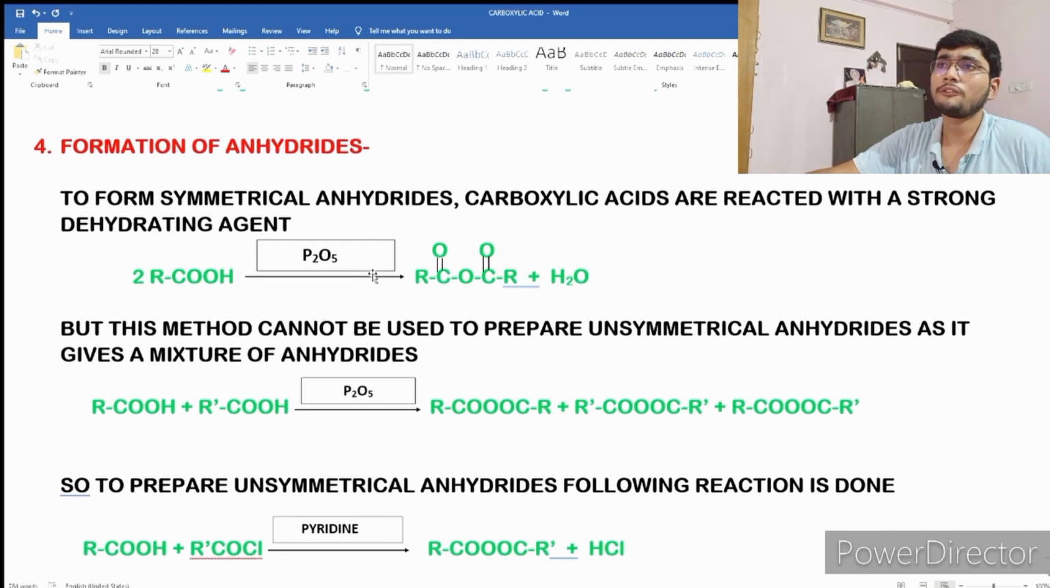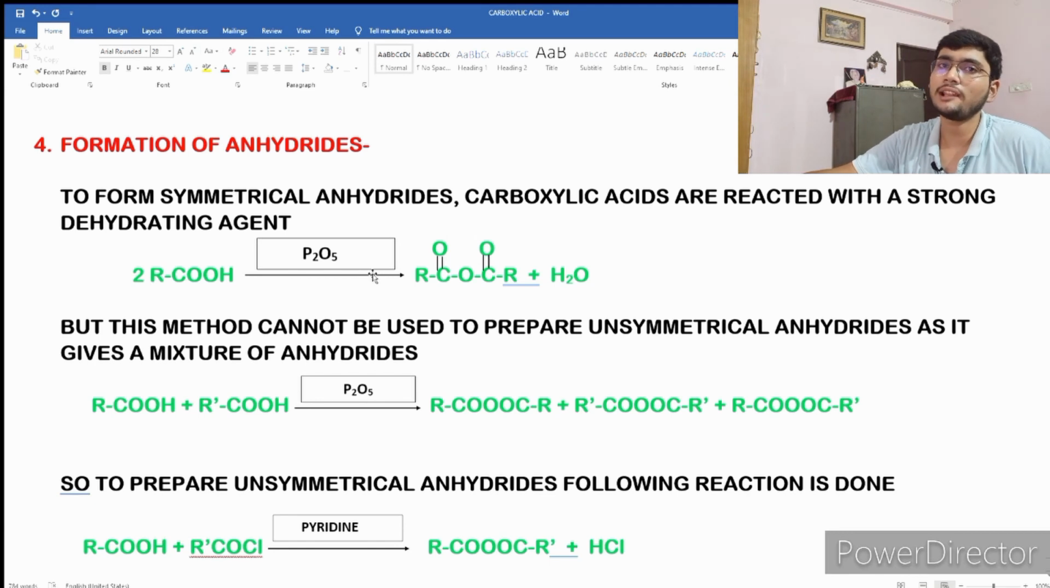Now coming to the fourth functional derivative, that is anhydride. Anhydrides can be prepared by different methods. You see, if we want to prepare symmetrical anhydrides, we can simply react the carboxylic acid with a strong dehydrating agent. For example, we can react it with phosphorus pentaoxide. By reacting it with phosphorus pentaoxide, we can prepare symmetric